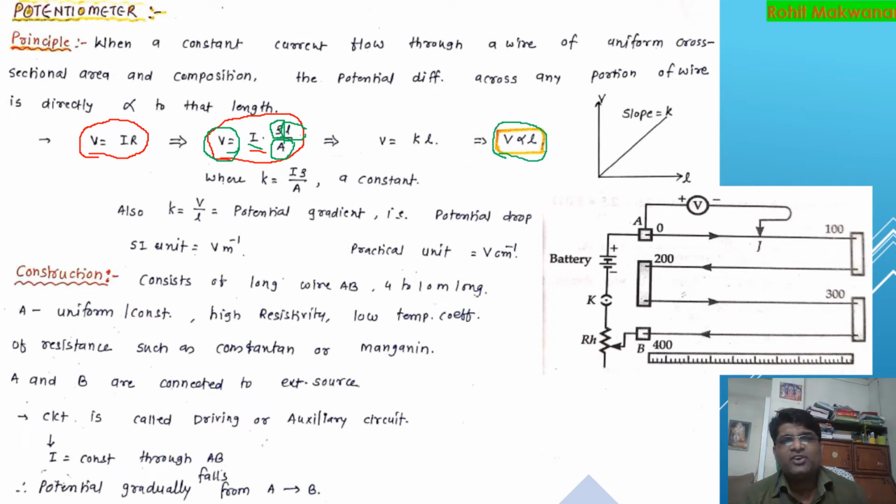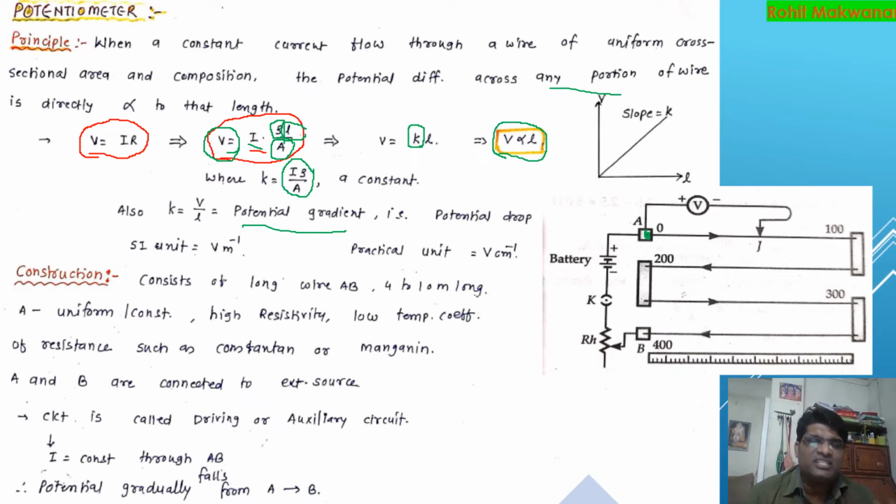I have used the words for any portion. The length is measured from A. Whatever may be the length, accordingly there will be the potential. So we have kept current constant, rho constant, A constant. So we have three parameters constant here. Instead of these three constants, we put a single letter K, and the equation becomes V is equal to KL, where K is equal to I rho by A, and is also known as the potential gradient. I have told you earlier in the second chapter, when we learnt E is equal to minus dV by dr,